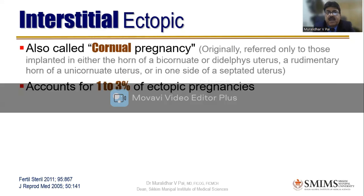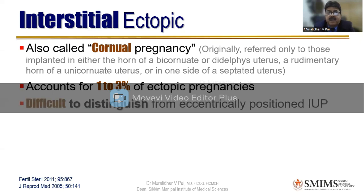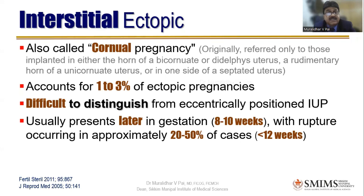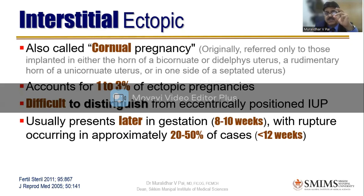That is why it accounts for, again, 1 to 3%, like ovarian pregnancy, and is difficult to distinguish from an eccentrically positioned intrauterine pregnancy. Sometimes pregnancy can be at the corner, especially in IVF cases. It usually presents later in gestation because they can grow to some extent. They are well within the uterine musculature. It can go up to 8 to 10 weeks, with rupture occurring in approximately 20 to 50% of the cases,